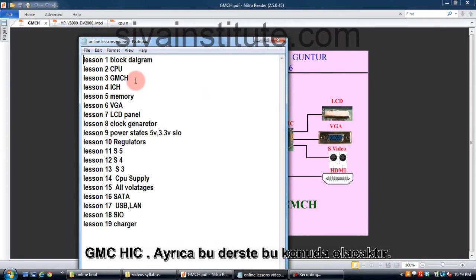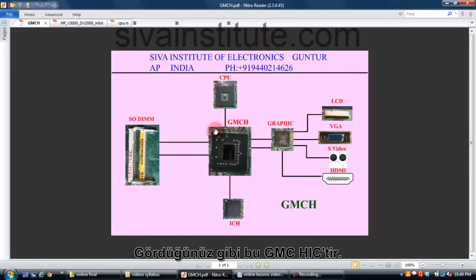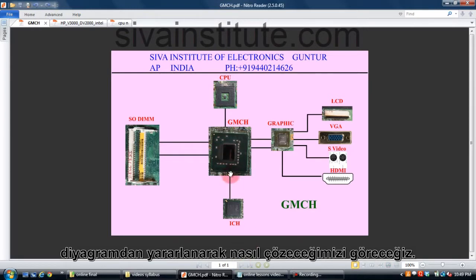GMCH, this is also a 1 hour lesson. I will explain in this lesson. See GMCH, how many inputs and how many outputs, I will explain complete GMCH. How many voltages, how to check GMCH is okay or not, I will explain all these things, and I will explain